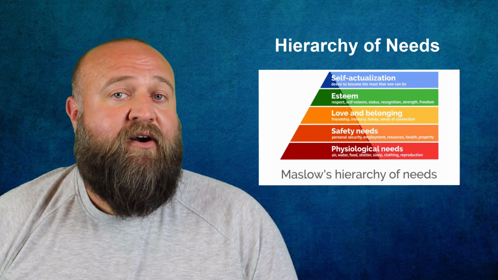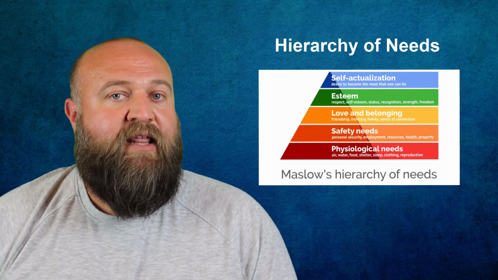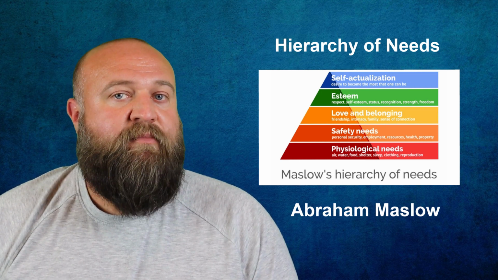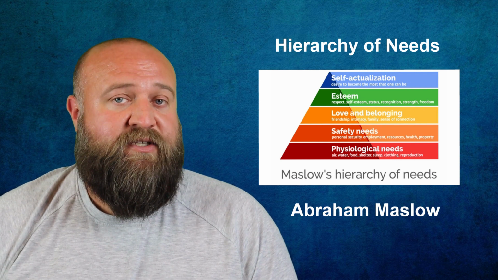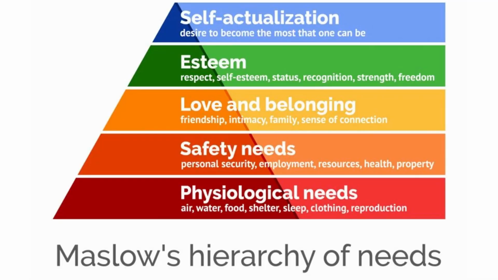Moving on, we have the hierarchy of needs. This is a really famous theory of motivation first proposed by a psychologist named Abraham Maslow. Abraham Maslow believed that motivation can be thought of as sort of a pyramid with different levels of focus. At the lower end, we have more fundamental needs that are required for survival, like food, water, shelter, and warmth. He called these physiological needs and believed that those areas must be met for a person to be motivated to start seeking higher level needs that weren't necessarily important for survival, but rather important for psychological well-being and social development.